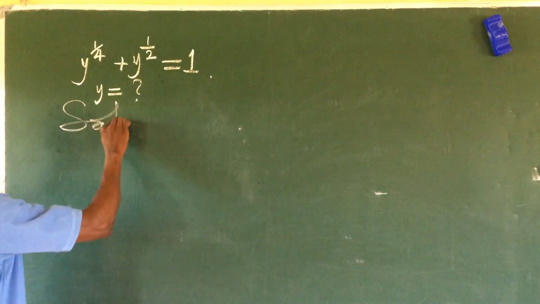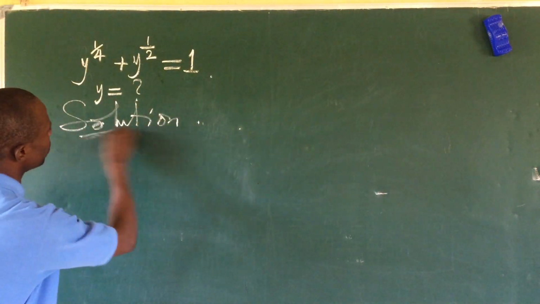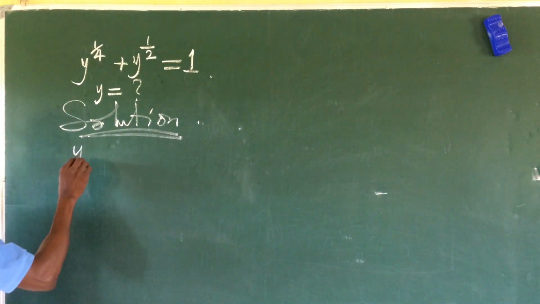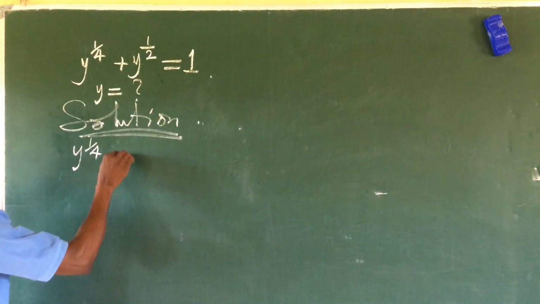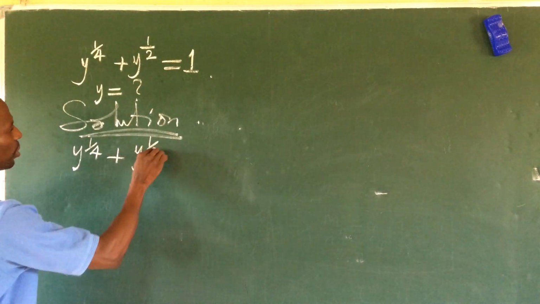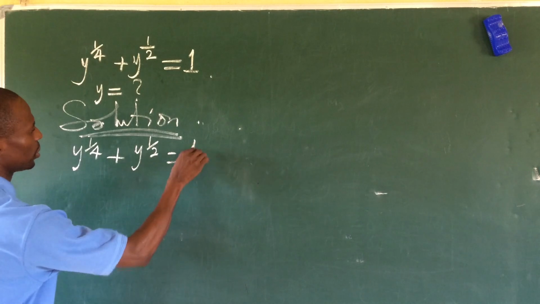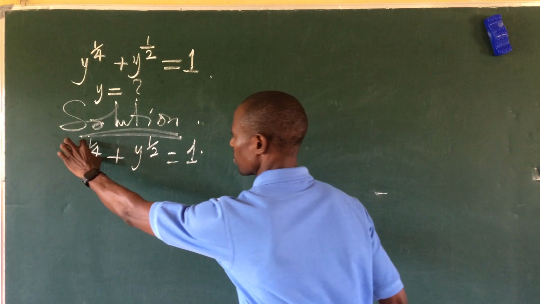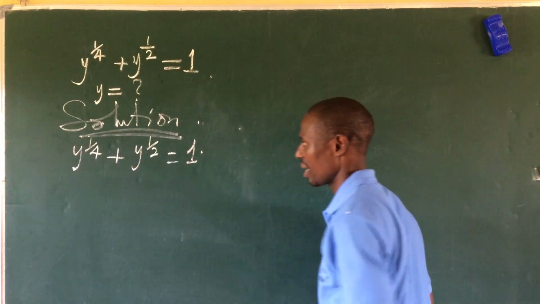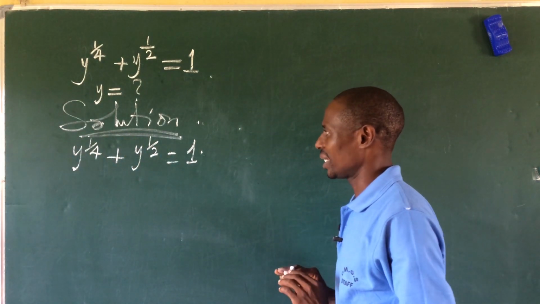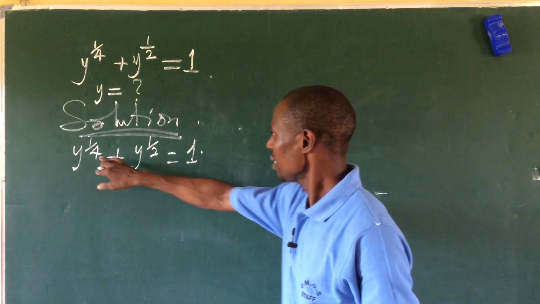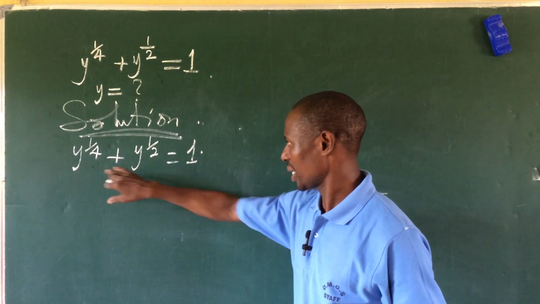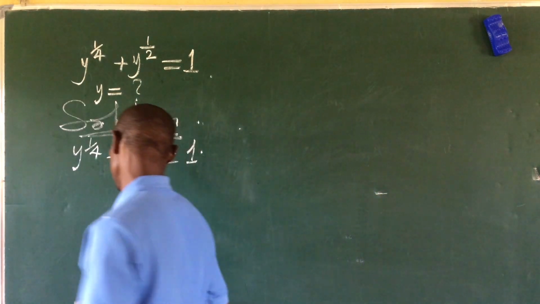So we take our solution. We put down the question, which is y to the power of 1/4 plus y to the power of 1/2 equals 1. Good. Now, with these radicals we have here, we have to take care of this radical. This radical and this radical are different. So now that they are different, what do we do to eliminate this? We have to bring in another letter to represent these two radicals. So from here, let's say